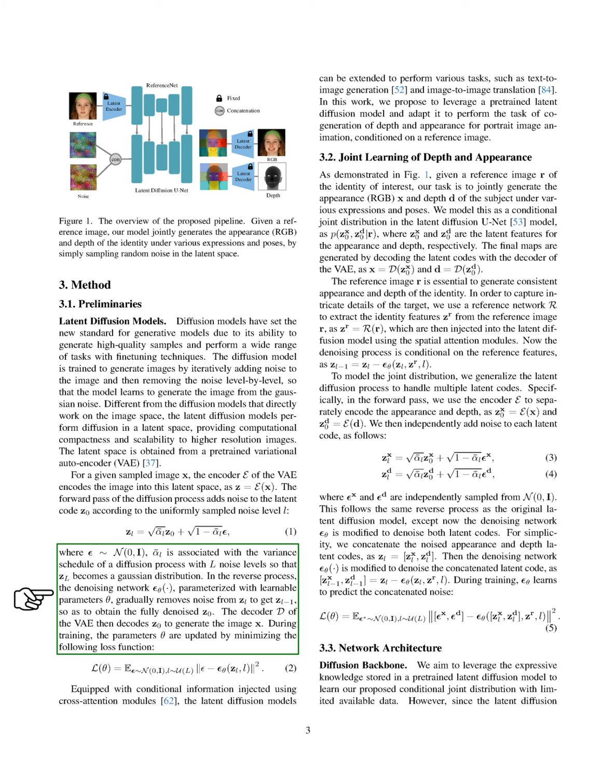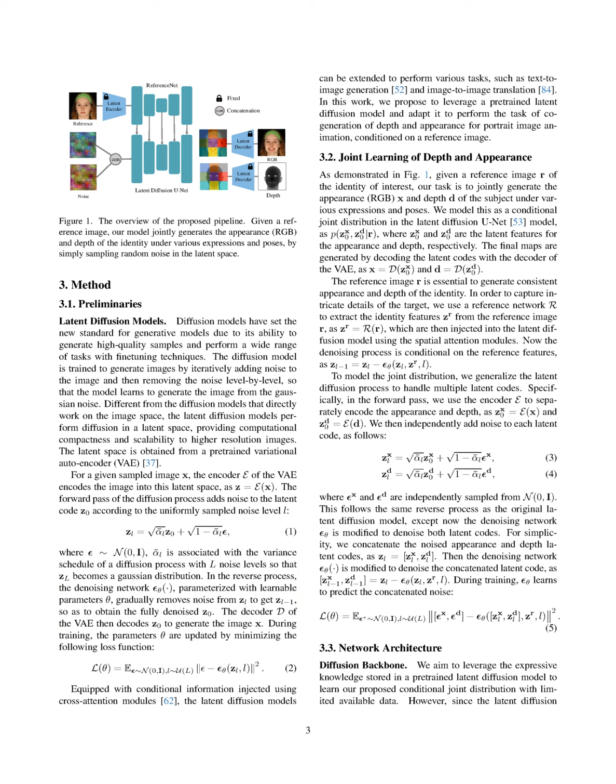In our approach, we generalize the latent diffusion process to manage multiple latent codes. We separately encode the appearance and depth, adding noise to each code independently. The denoising network is adjusted to handle both codes simultaneously. For simplicity, we combine the noised appearance and depth codes into a single representation, which the denoising network processes to recover the original codes. During training, the network learns to predict the combined noise, allowing us to refine our model